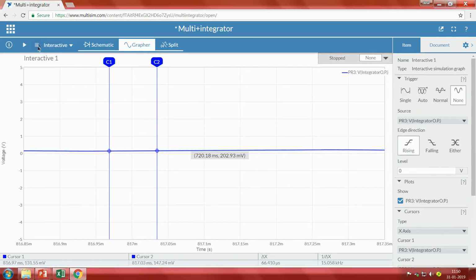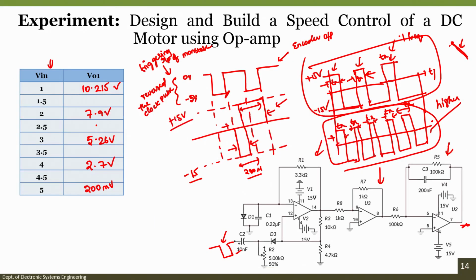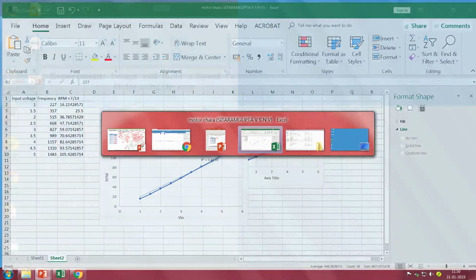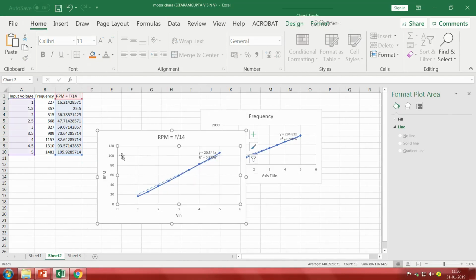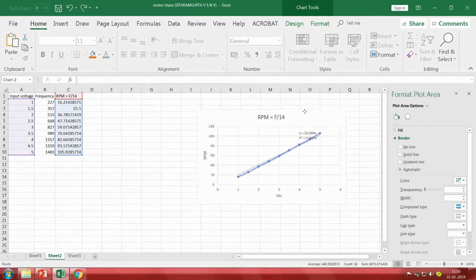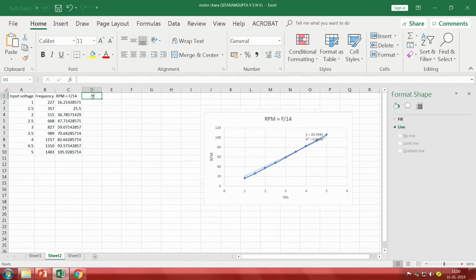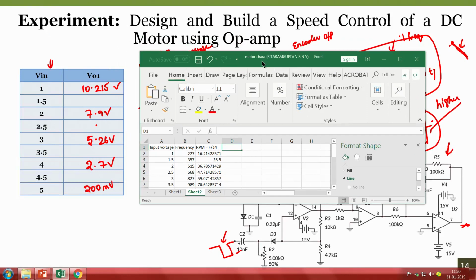Now, with this understanding, these are the values that we got. Let us plot these values in Excel. I will take one more sheet, or the same sheet. This is for the integrator output, which I am calling VO1.